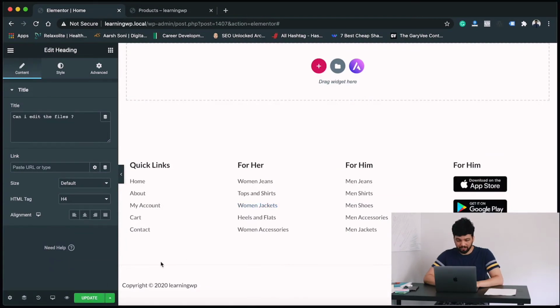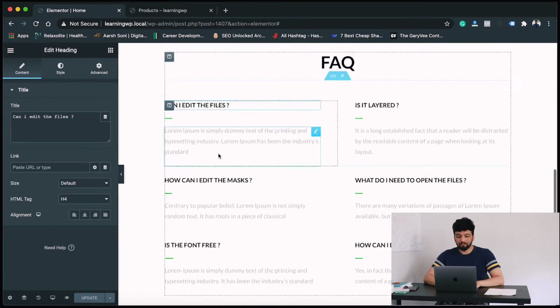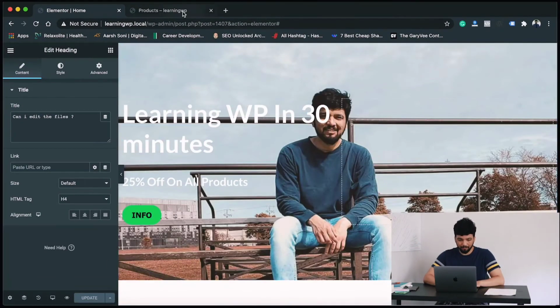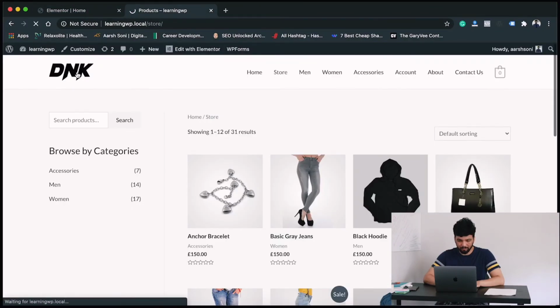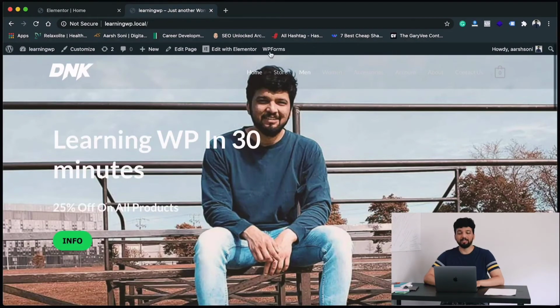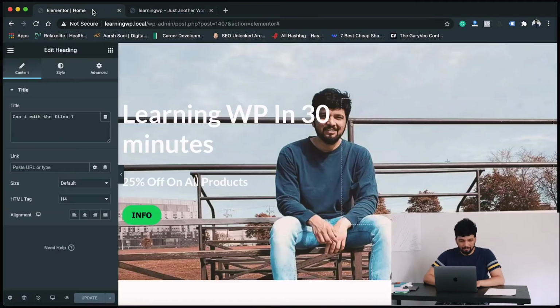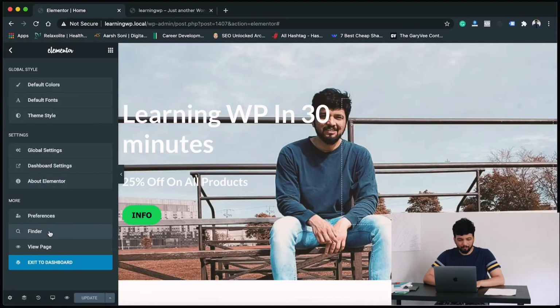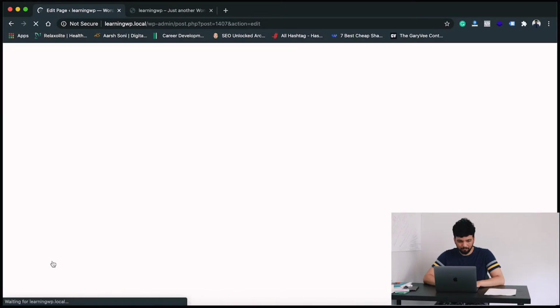For the footer section, I'll show you how to remove it. Astra theme has a different option for footers, so don't forget to click update, guys. Whenever you want to leave this page, click update before you leave so that the changes are saved. So let's see here if the changes we have made are done or not. So here you go, the site is changed. And then let me show you how you can change the footer section. So we'll go to the dashboard.